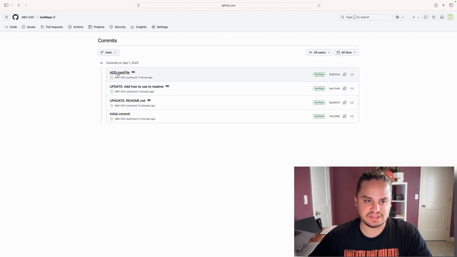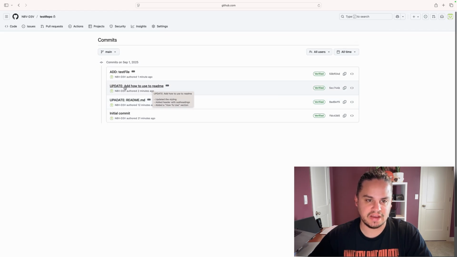And what we can see is it shows all the commits that have ever happened on this main branch. So we have initial commit, which was just creating the repo. We have the update README. We have this update add how to use the README commit, and then we have this add test file. If we click on any of these,